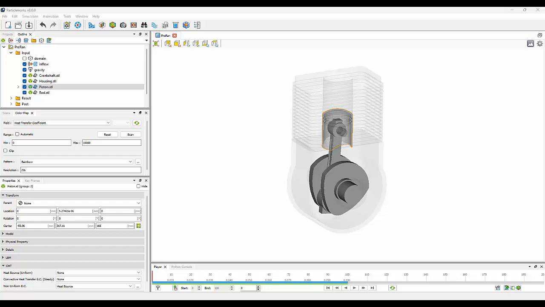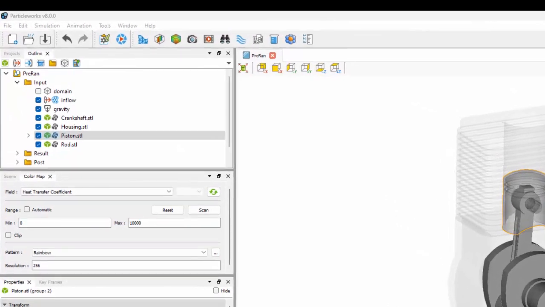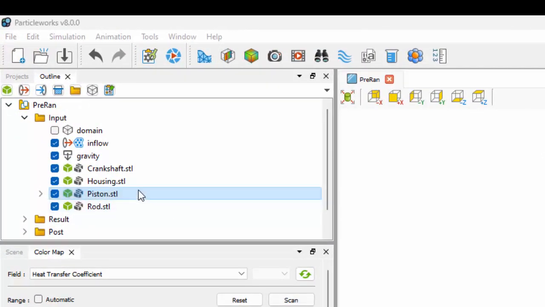In version 8, however, we now have the ability to apply a non-uniform boundary condition to both these transient and steady-state simulations. This allows us to get a better prediction of the temperature in our solid and fluid phases by accurately taking into account heat fluxes from specific regions, such as the combustion mapping on the upper side of this piston. In order to enable this, you need to select the body you want to apply the boundary condition to,